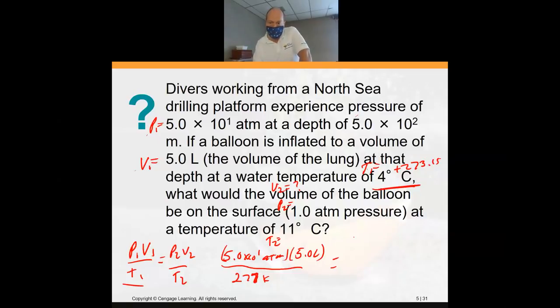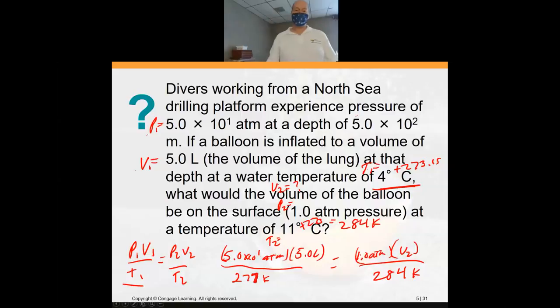All right, so what would the volume be? We don't know the volume, but P2 is 1 atmosphere at a volume of, that's what we're looking for, and 11. Again, if you put 4 and 11, the answer on your multiple choice will be there, but it is the wrong answer. You add 273 to this, and it is 284 Kelvin. All right, then you multiply both sides by 284, divide both sides by 1, and you get